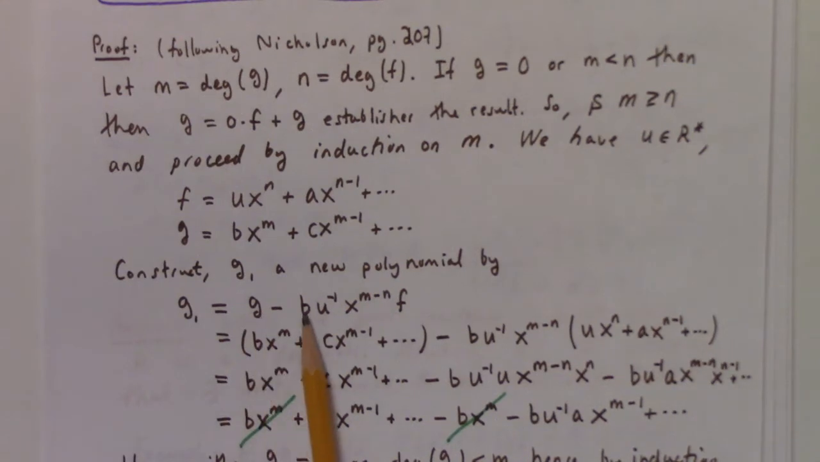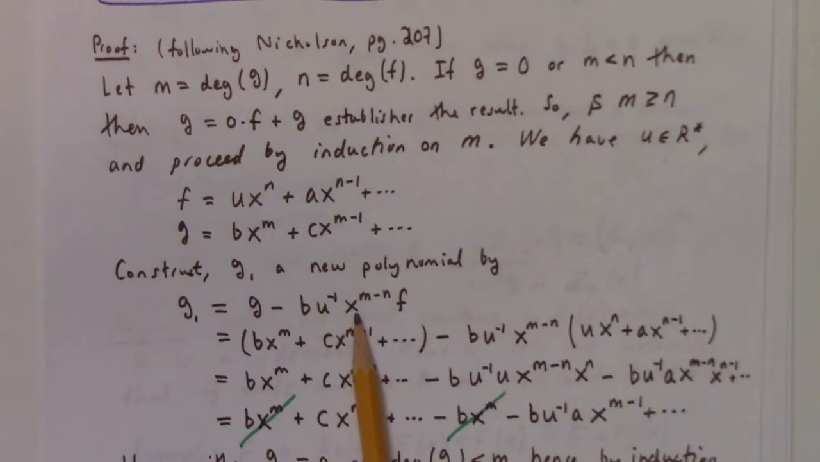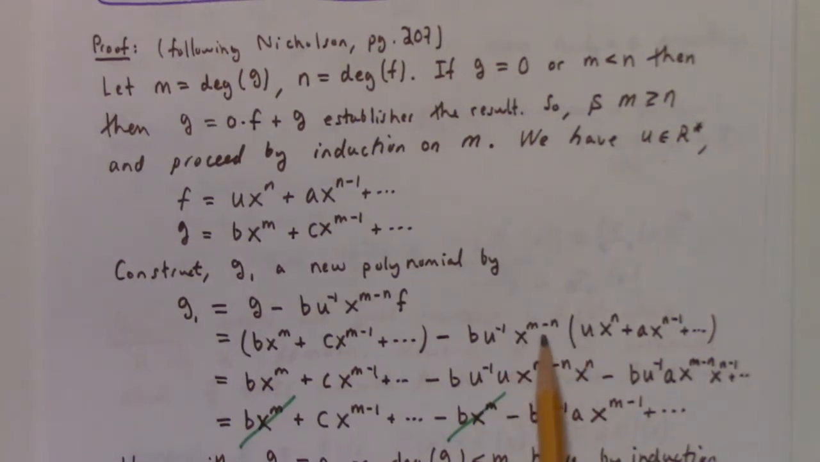So g1 is g minus b u inverse, which exists because u is a unit, x to the m minus n times f. So you write this out, g is that, and then b is this, expanding f as what it is, but then you multiply stuff out. I mean, that's just these again. And then down here, x to the m minus n commutes with u, because x and any power of x commutes with anything in the ring by construction of the polynomials. So u x to the m minus n is u times x to the m minus n, and then over here again